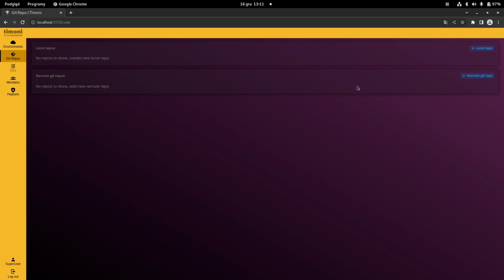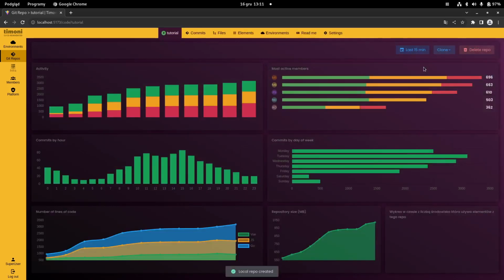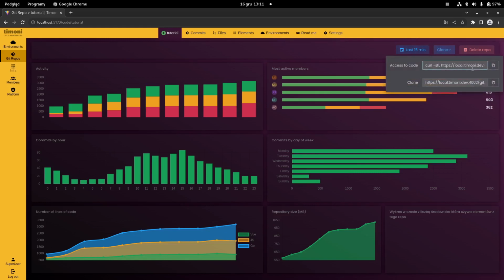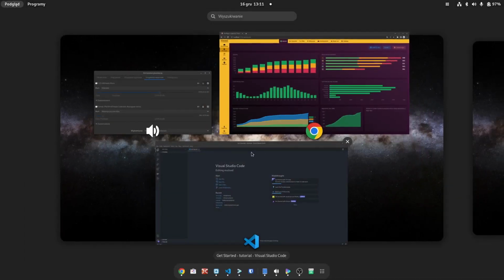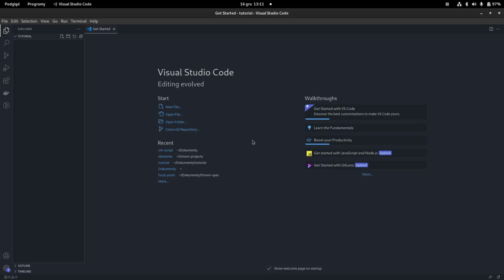Then I create a local repository. Next, I copy the URL that allows me to download the new repository to Visual Studio. Using the clone Git repository,